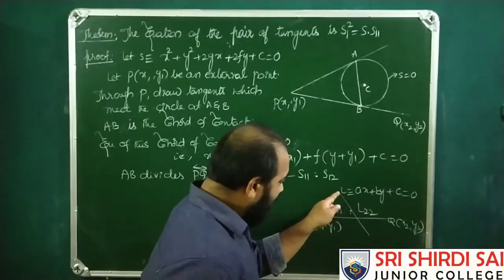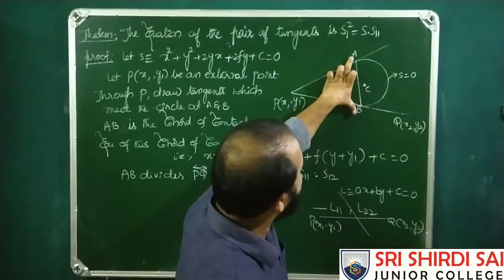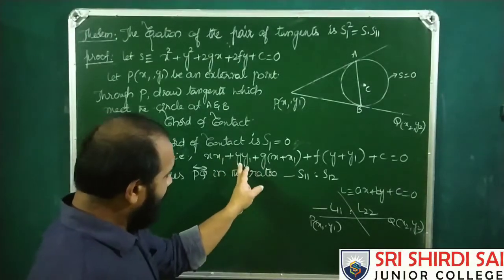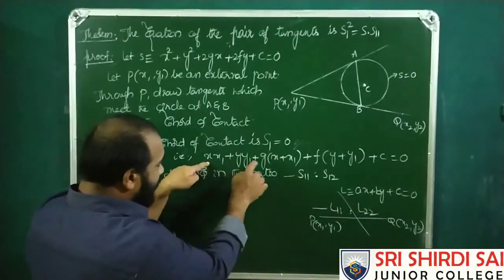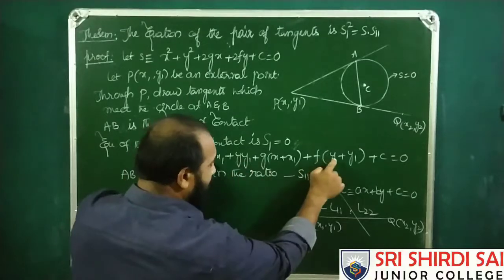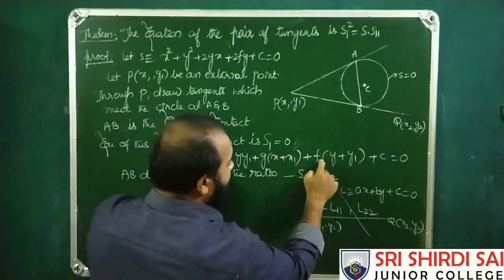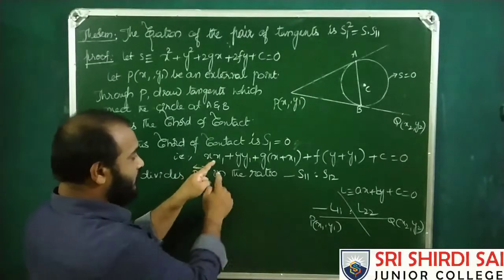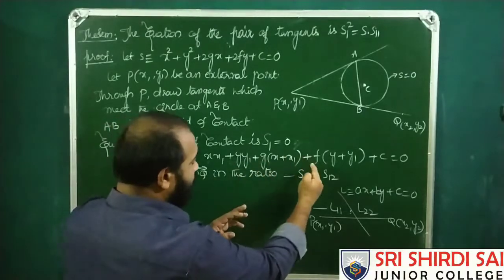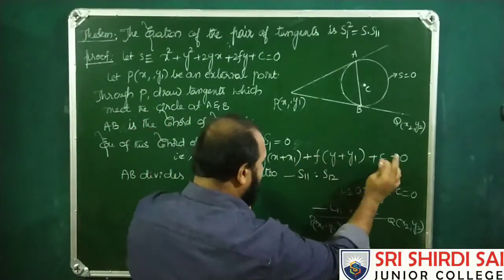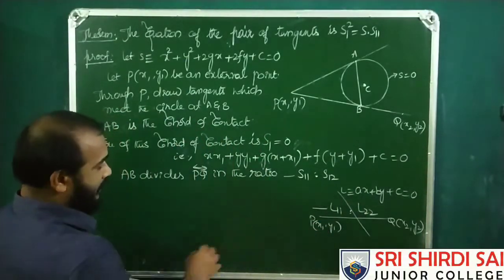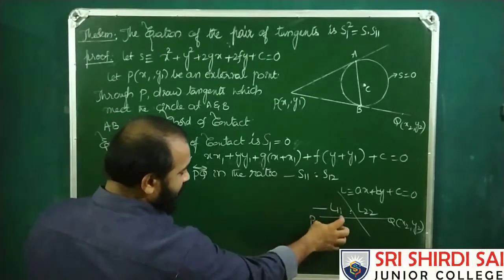So here L is the chord of contact AB. This also we can arrange as an equation of a line. How? x x1 plus g(x plus x1) plus y y1 plus f(y plus y1) plus c, that is, x into (x1 plus g), plus y into (y1 plus f), plus g x1 plus f y1 plus c. This is of the form ax plus by plus c equals to 0. So if you substitute this x1 y1 in this, let us see what will happen. Substitute. What is minus L11?